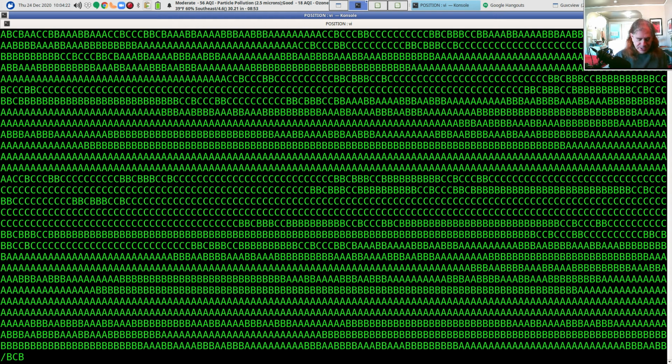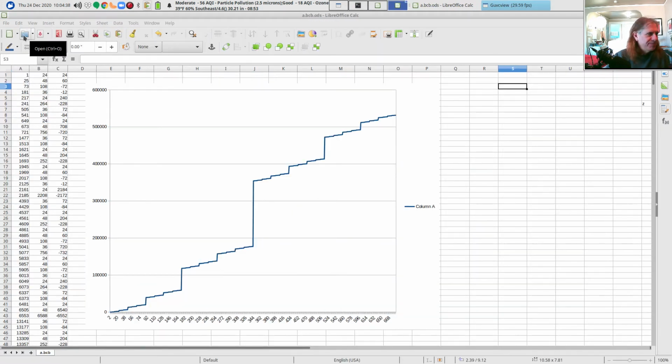It occurs at position 1. And it occurs again over here at something close to 20. And it occurs over here, and it's a fairly common occurrence in this string. So what I've done is I've put these into a CSV file, and the occurrence of BCB, positions 1, 25, 73, 181, 217, and so on.